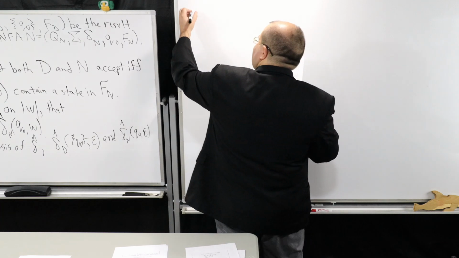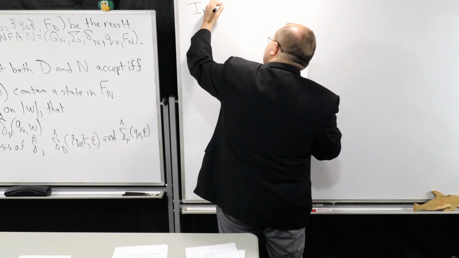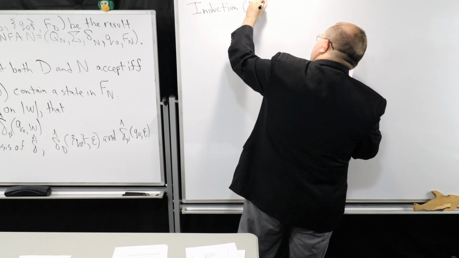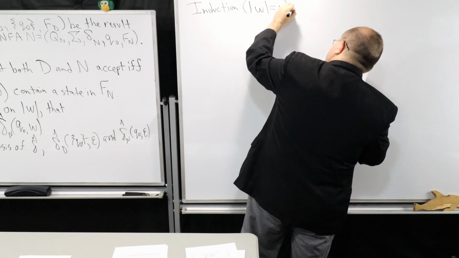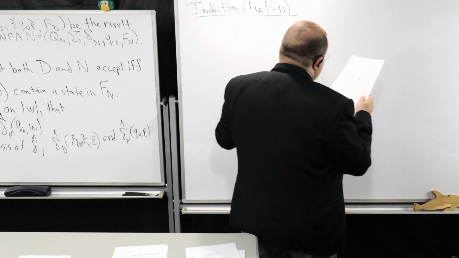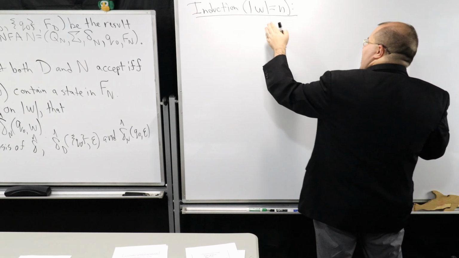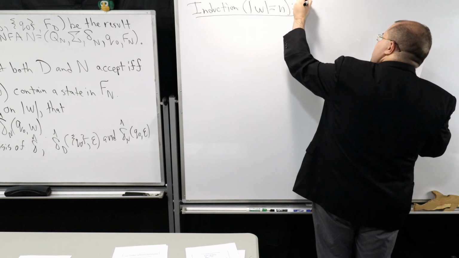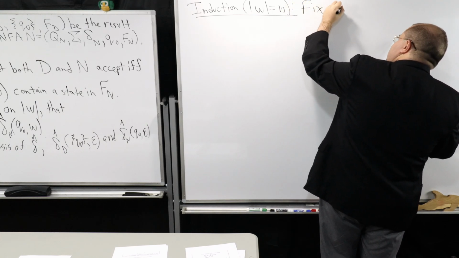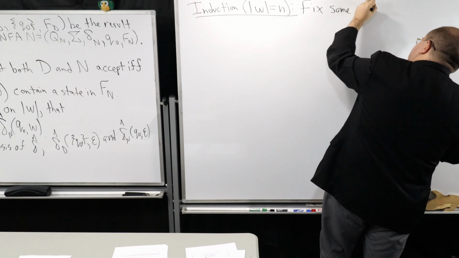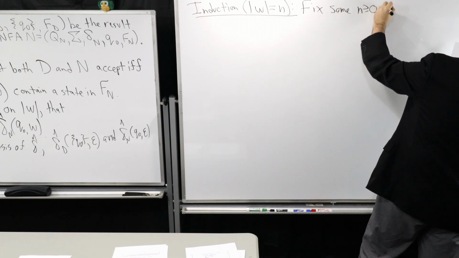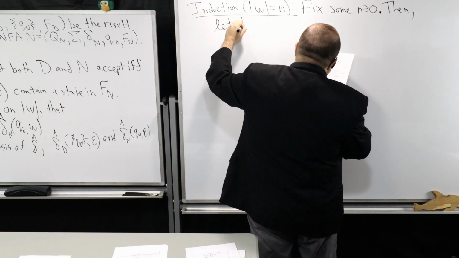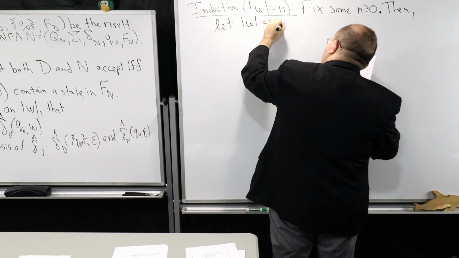So we're going to consider the induction step. This is where I'm going to presume that I'm given some n for the length, and I'm going to go one higher. So I'm going to fix some n greater or equal to 0. Then let the length of the string equal n plus 1,